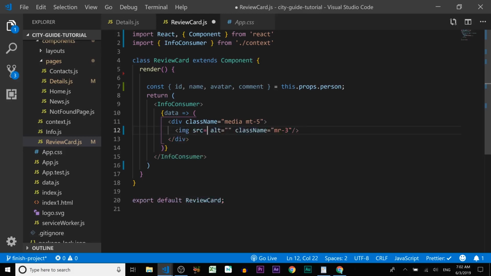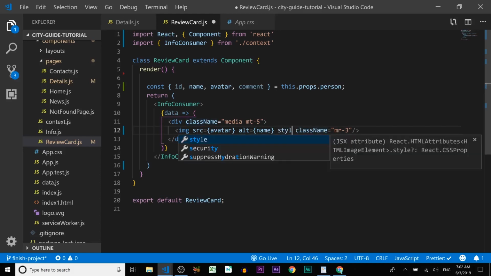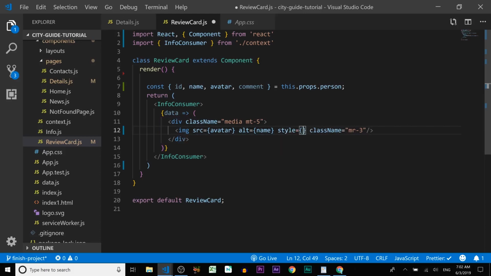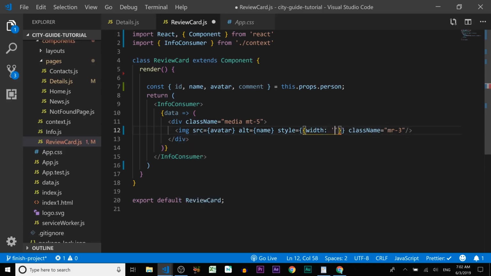And source, of course, it's gonna be avatar, and here in alt we can add the name of a person, and let's do a little bit custom style. I wanna give the width of the avatar, it's gonna be 40 pixels,